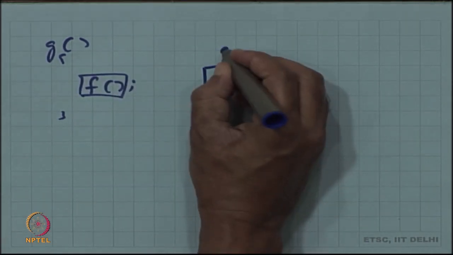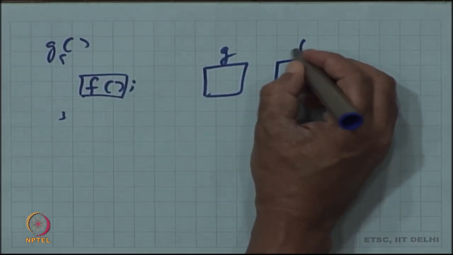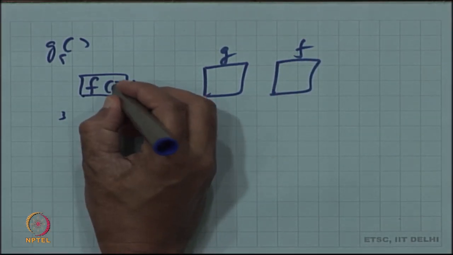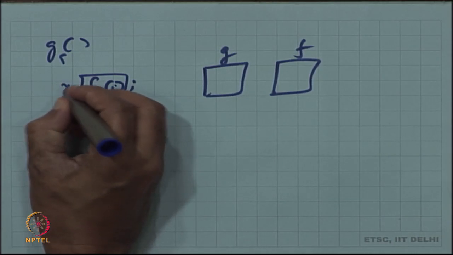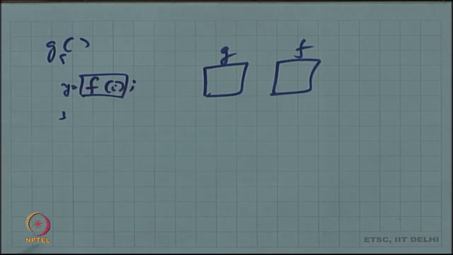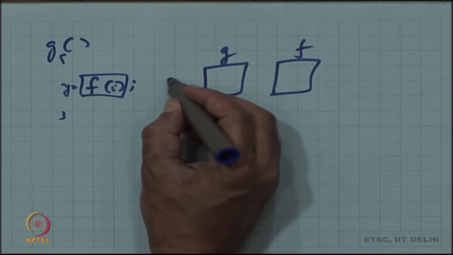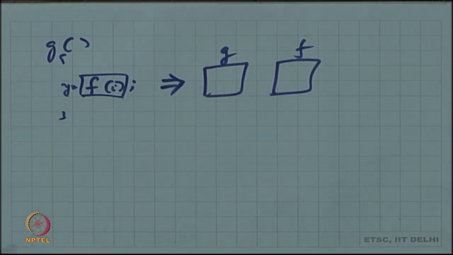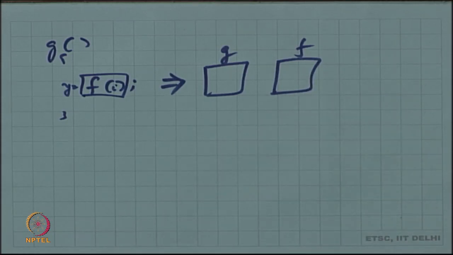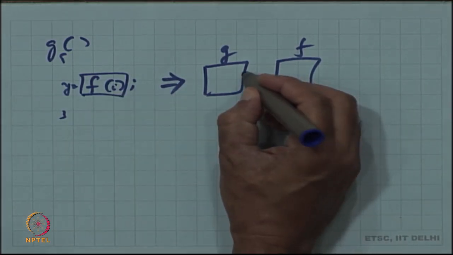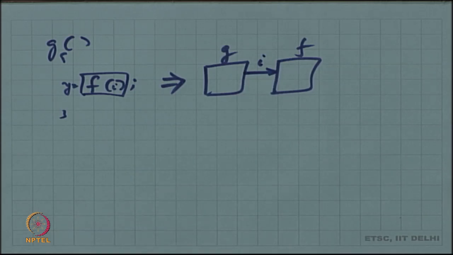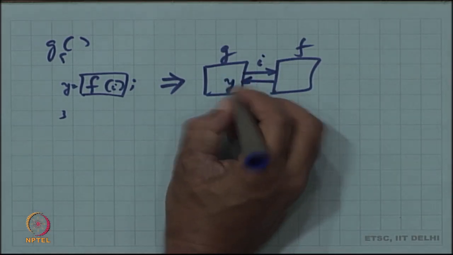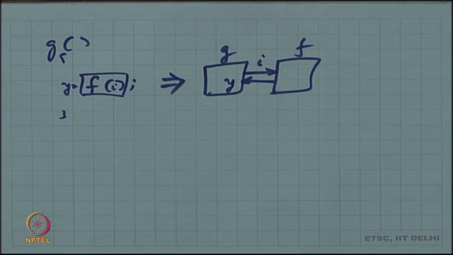G is one module and f is actually a different module, and the call, let us say you pass parameter y is equal to f of i, the hardware transformation could be this: G is synthesized into something, f is synthesized into a different function, i is something that goes as an input from G to f, and the result is what is captured in y value